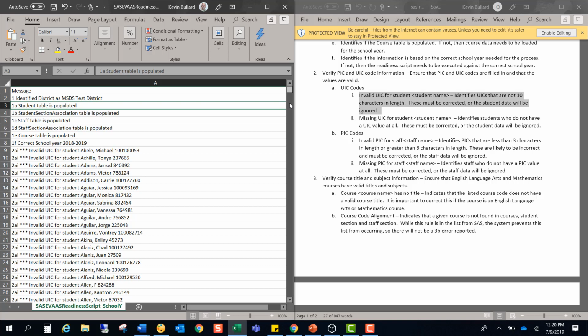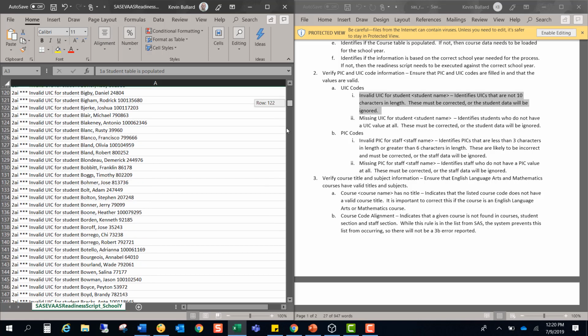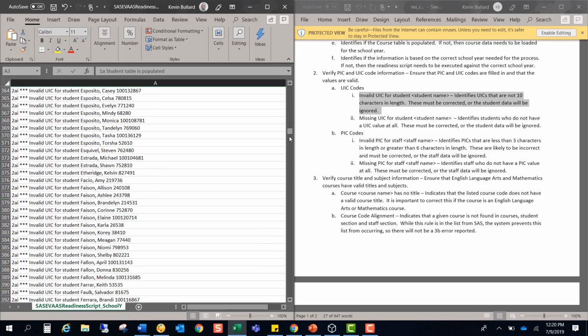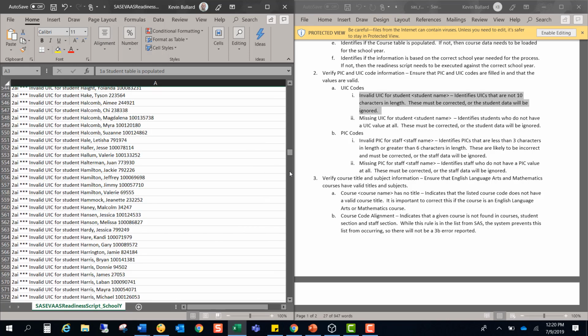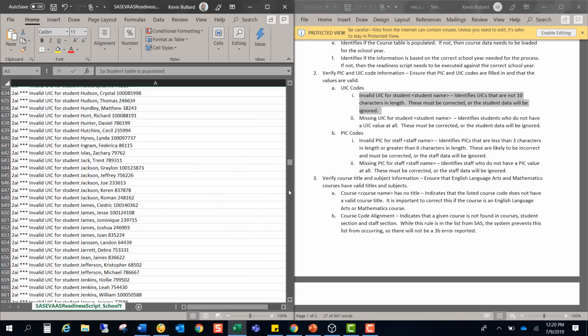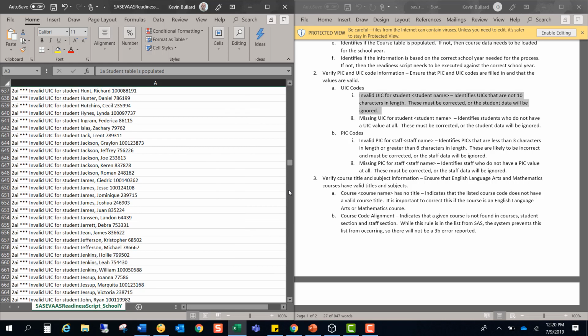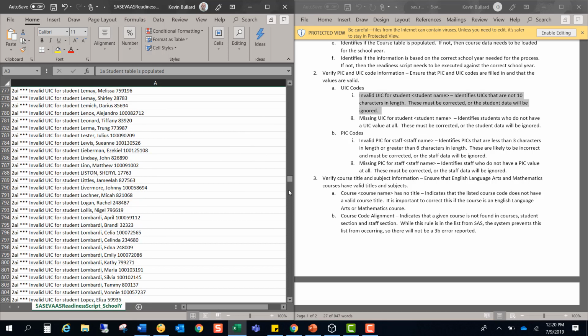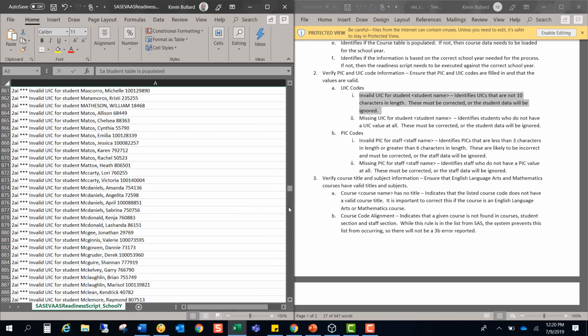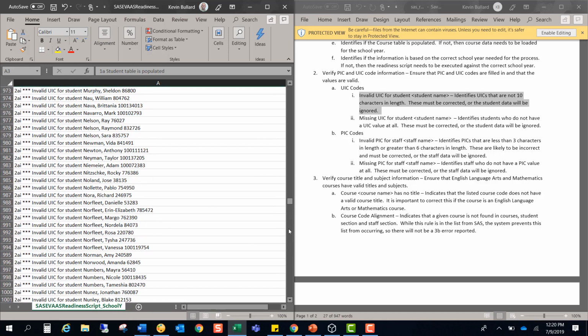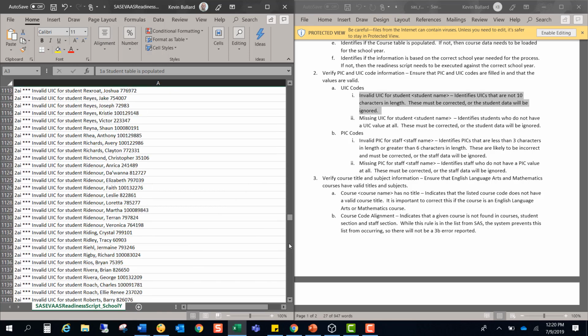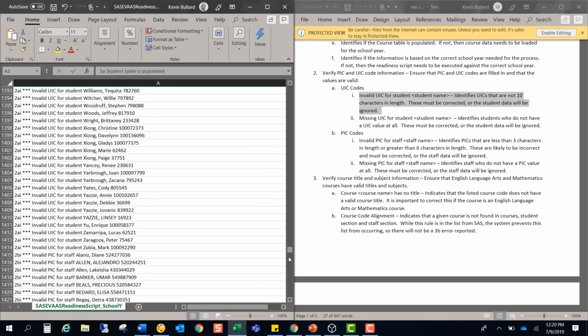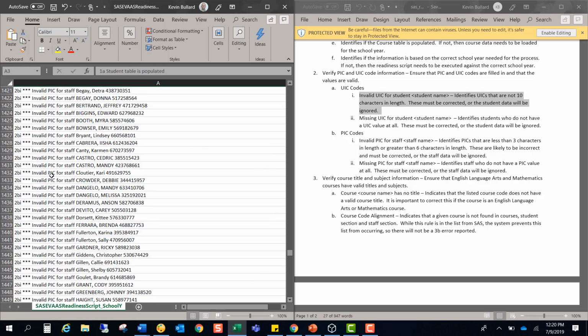So as we scroll down through this file, we'll get down to the next one, which has quite a few invalid UIC numbers. In your case, there won't be as many because you're going to be working in a live district. This is just an anonymized district, so we have more than the norm, I would say here. So we're going to keep scrolling through until we get to the bottom of the list,